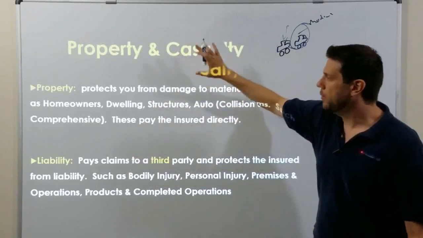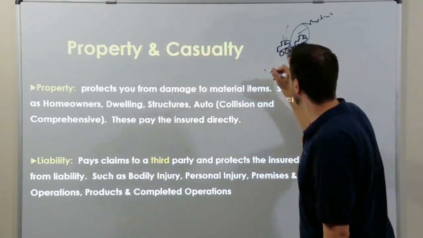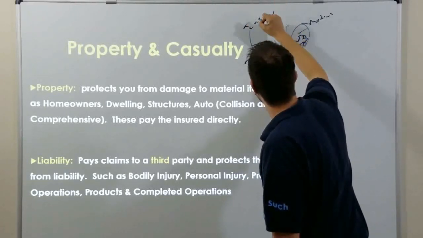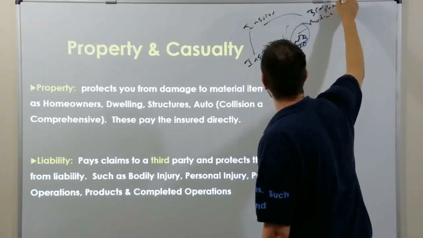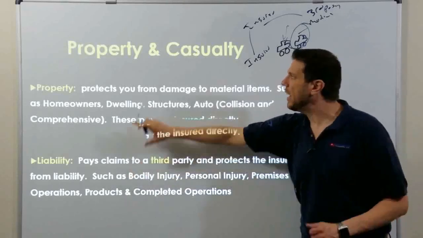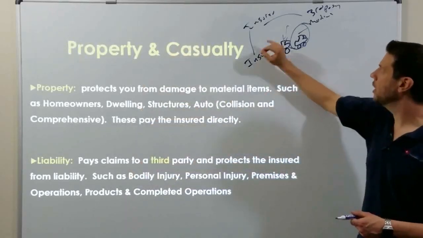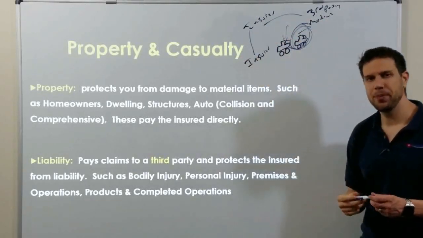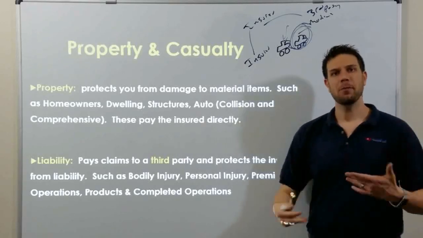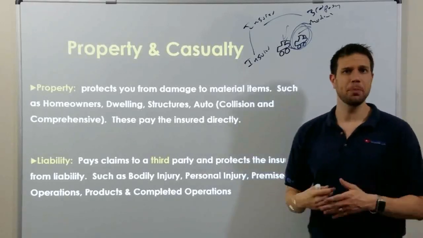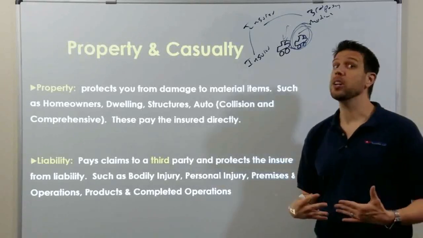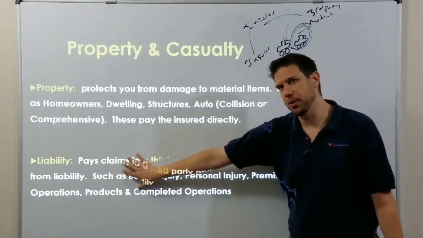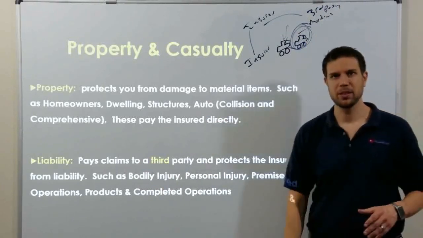Casualty insurance, this is important for your test, is a contract between two parties and pays claims to a third party. Casualty insurance, also known as liability, is a contract between the insured and the insurer, and it pays out claims to a third party who was injured. You might not know this, but if you have people over at your house, and let's say your balcony falls, somebody's going to get hurt and they're going to sue you. Your homeowner's insurance has a liability portion to it that will cover that person's medical bills.